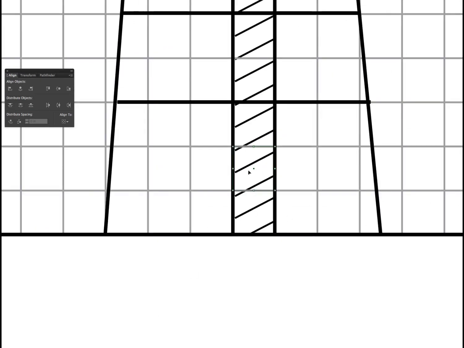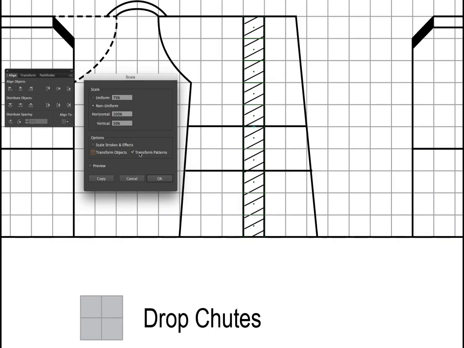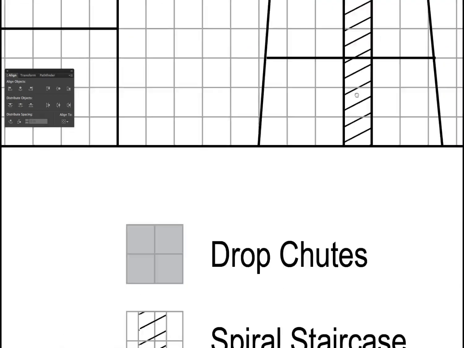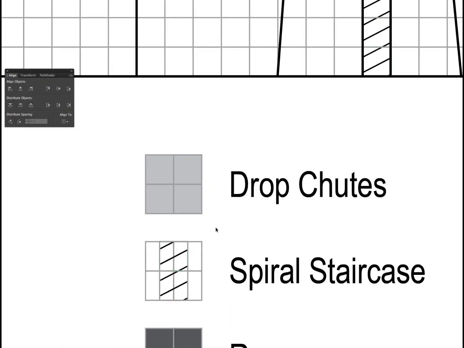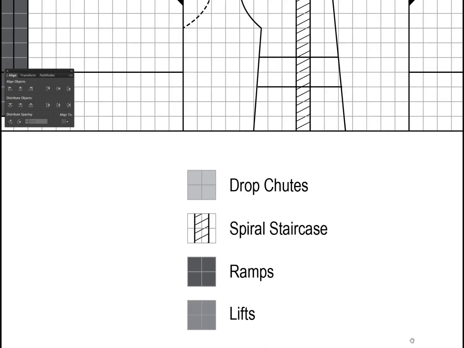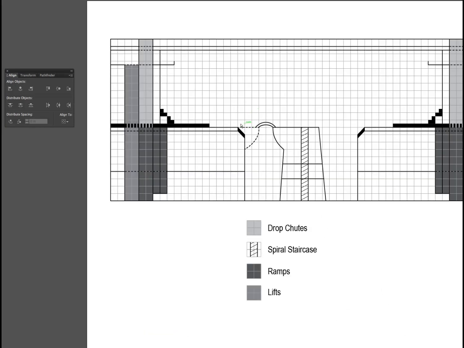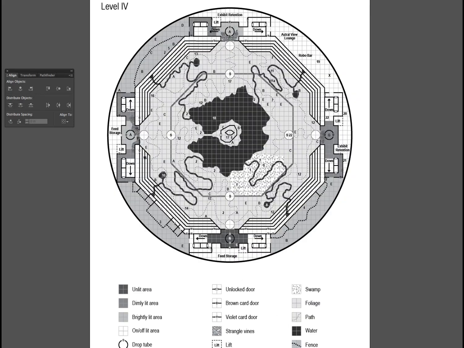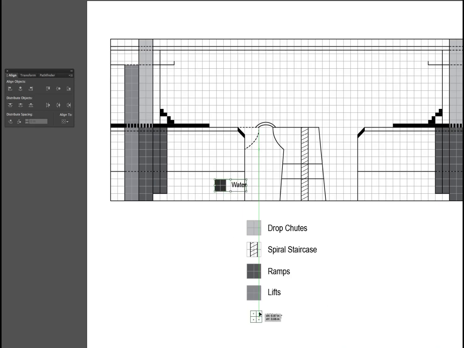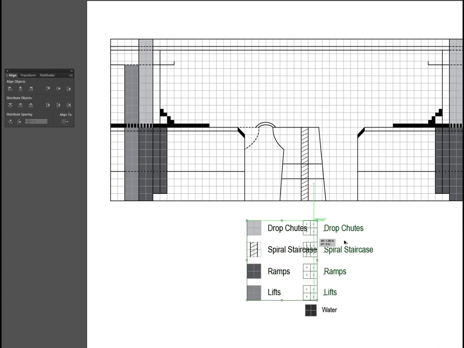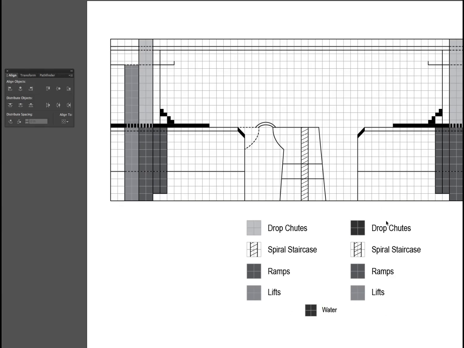So zooming in, we're seeing a small problem with the pattern. It's not quite the right size, but we have a solution. What we'll do is not transform the object, but scale up the pattern. Spiral staircase is done. We're going to want to shade the water. I can't remember what shade I used in the others. We used a very, very dark gray or almost black. So for the water, what we really want to do is